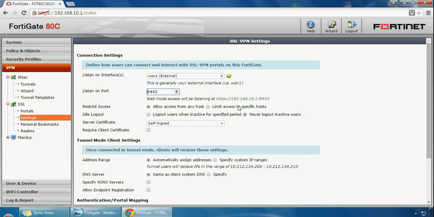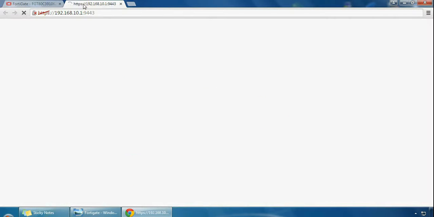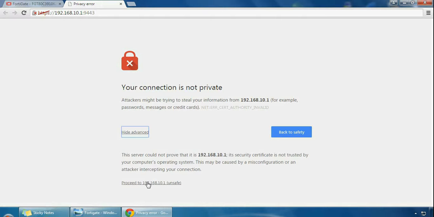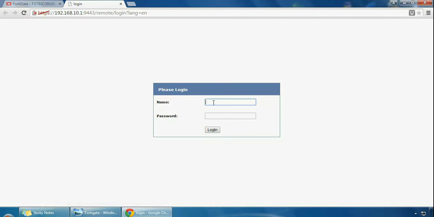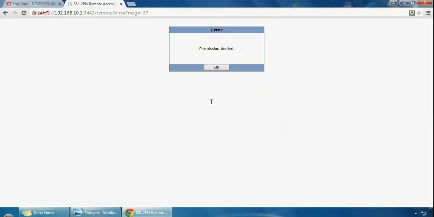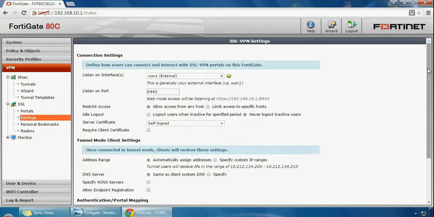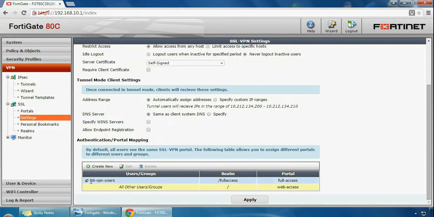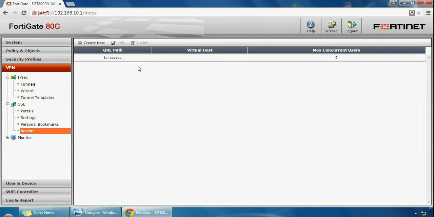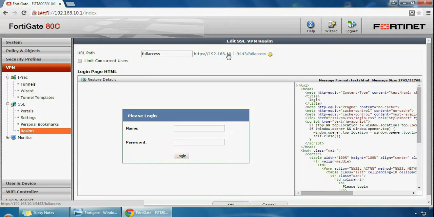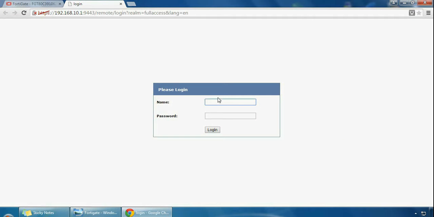Just apply that to make sure everything's applied. And now if we right click, open a new tab, we get access to our VPN portal. So if we log in, actually this is not going to work, is it? Because we have assigned that account to SLVPN users, which is part of this realm full access. So if we go to the realm, it's got its own web page now, which is here. If we log in from here,